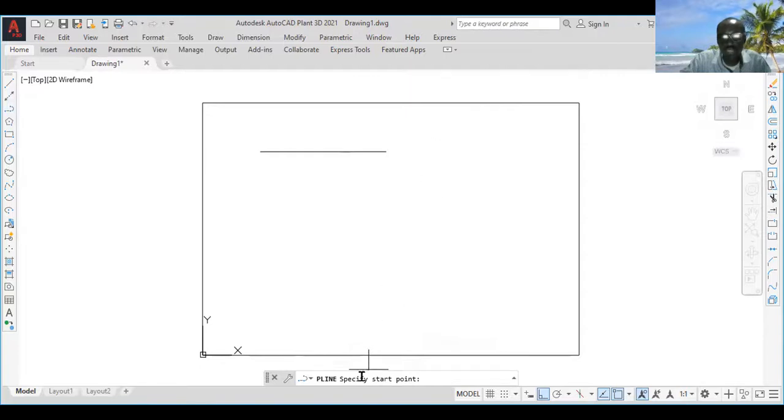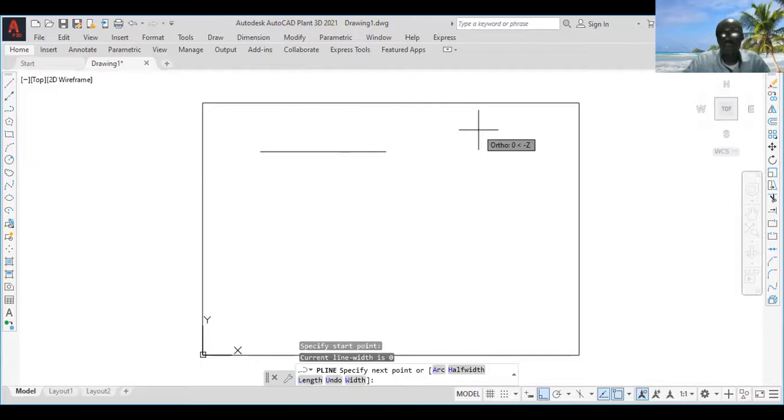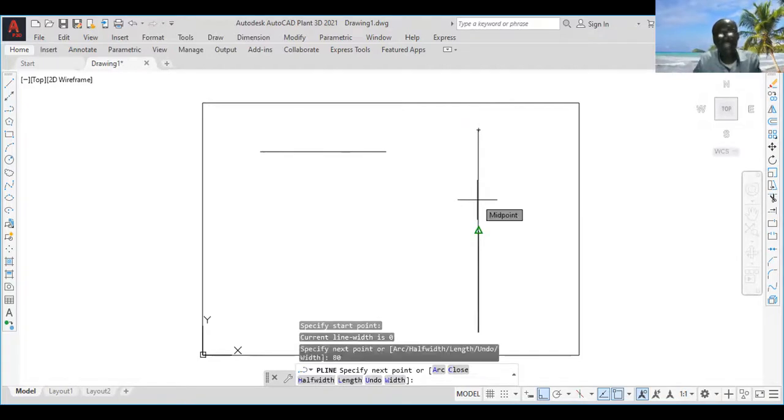I am told to specify start point. I come to my screen. I click on my start point. I move down in the direction in which I want to draw the line. The length is going to be 80. So I type 80 and I press enter. And the line of length 80 is drawn. Okay. Let me assume I want to draw an inclined line of length